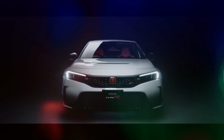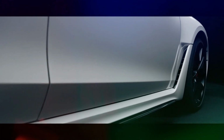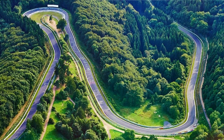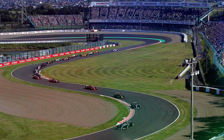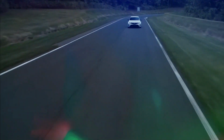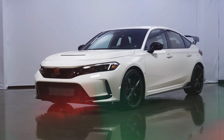Honda has said it spent most of its time testing the newest Civic Type R on racetracks worldwide. Some of the most notable names that the company dropped are Germany's Nürburgring and Japan's Suzuka circuit, where the Type R set a track record for a front-drive production car. We can only hope that all those development hours will pay dividends when the production versions start getting onto the